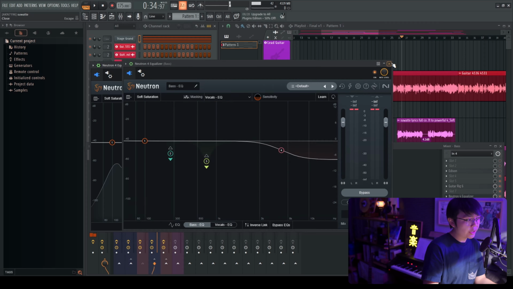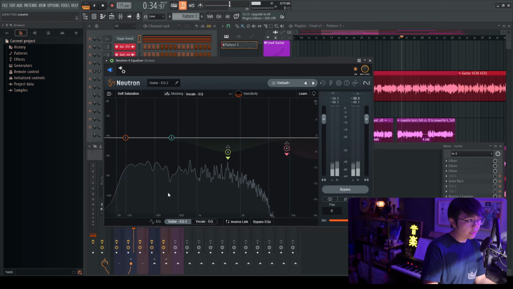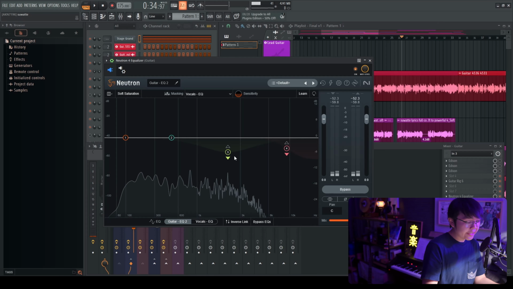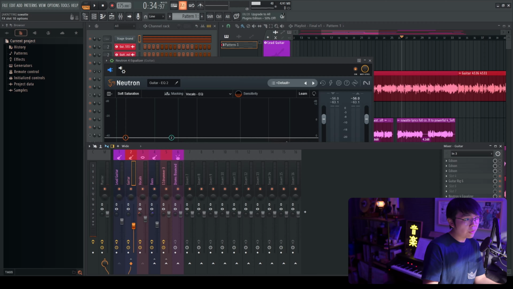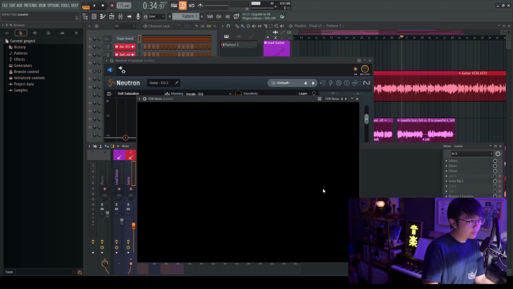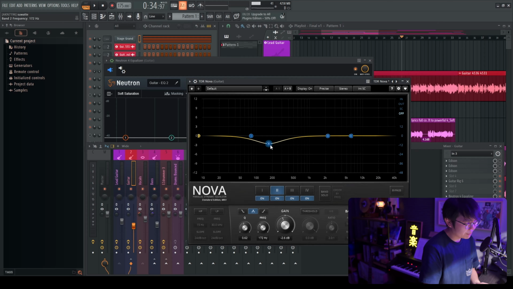For people who do not have Neutron, which is the equalizer that I'm using, you could get a free dynamic EQ called TDR Nova. And where is it? TDR Nova, here it is. I don't even know how to explain all these different effects and everything, but basically equalizers carve out stuff in the spectrum, and